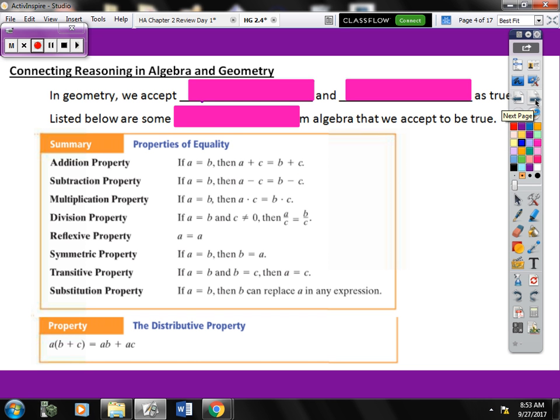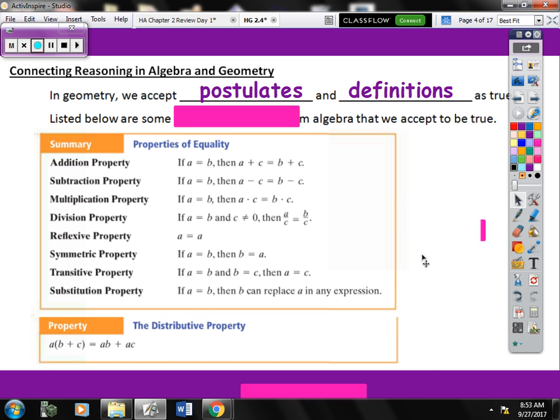All right, so a big chunk of the front page of the notes is not writing anything, it's just looking at the properties. Okay, so in geometry, we accept postulates. Remember, postulates were an accepted statement of fact, and I call them geometry laws. So we accept postulates and definitions to be true. So some of you have been wondering, why do we have vocabulary on every test and every quiz? Well, today you're going to use the definition of words that we've learned so far in proofs when we're justifying